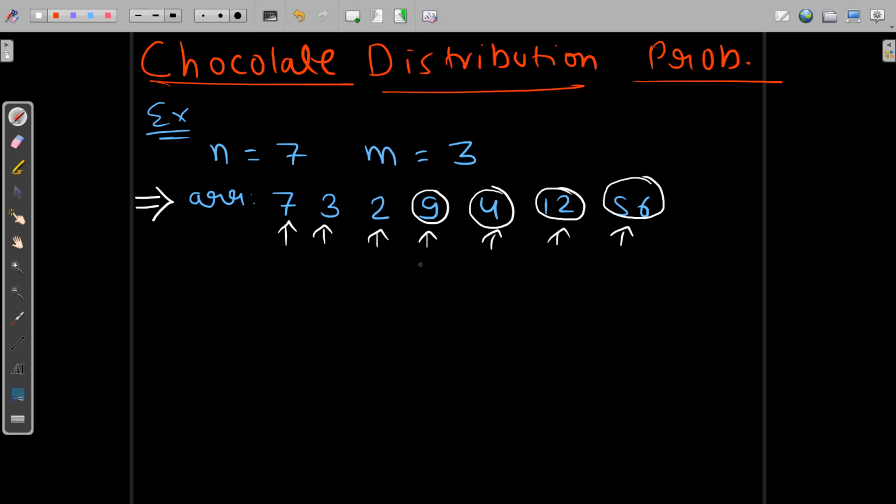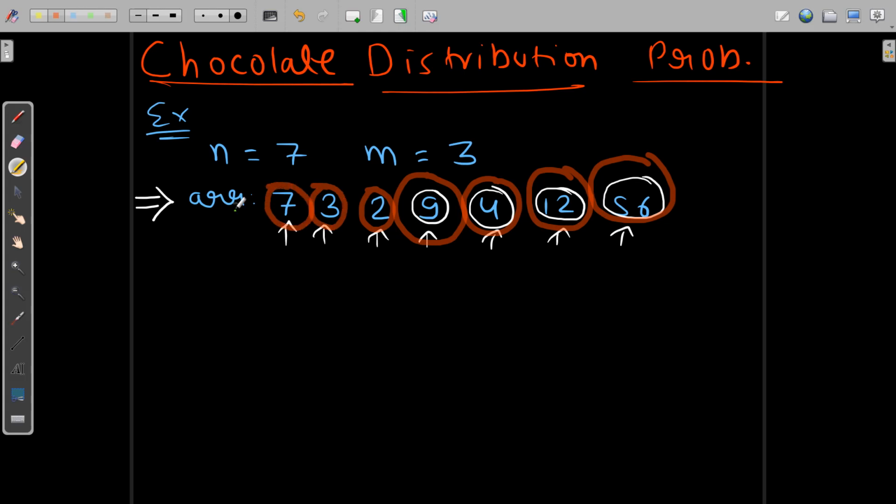So this chocolate box has 9 chocolates, this one has 56, this one has 12, this one has 4, this has 2, 3, and this chocolate box has 7 chocolates. Okay, so now you know what this array represents.